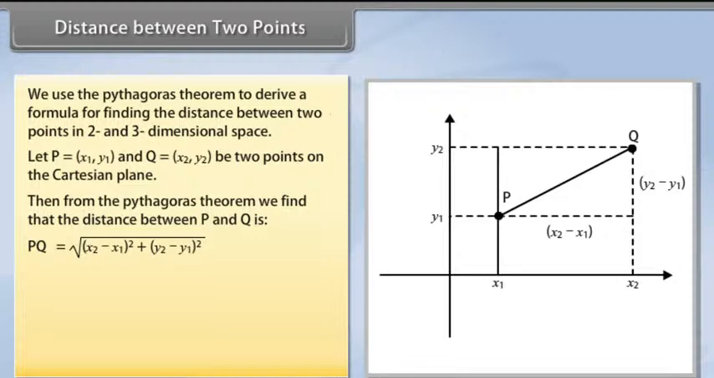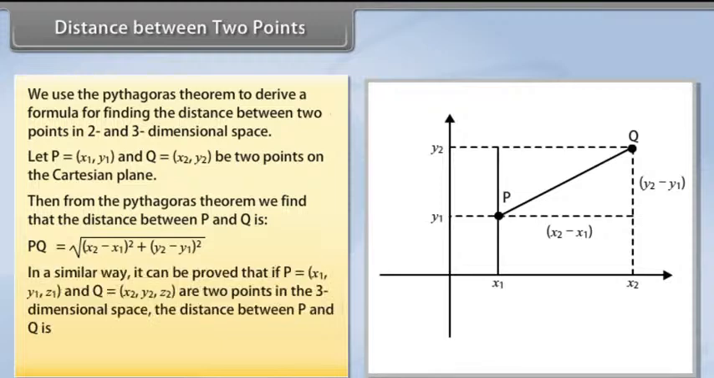In a similar way, it can be proved that if P equal to (x1, y1, z1) and Q equal to (x2, y2, z2) are 2 points in the 3-dimensional space, the distance between P and Q is PQ is equal to